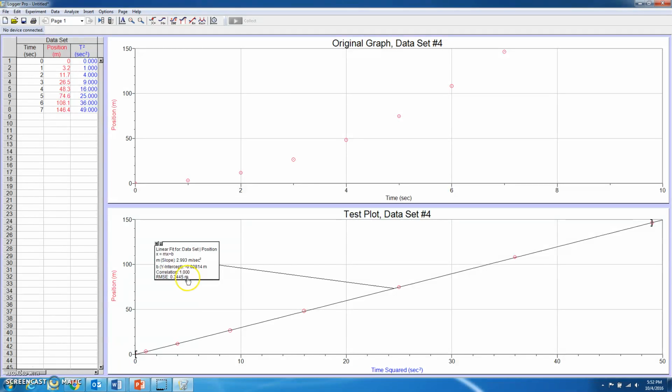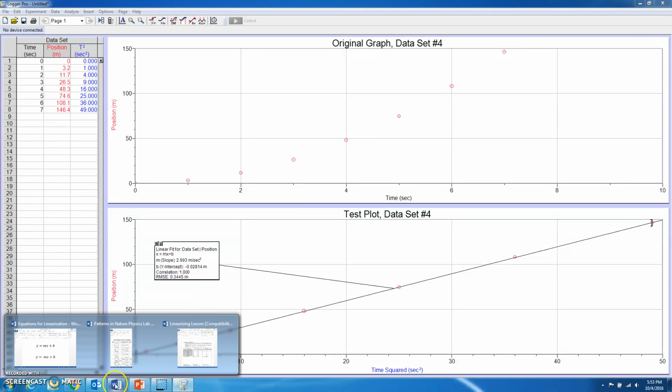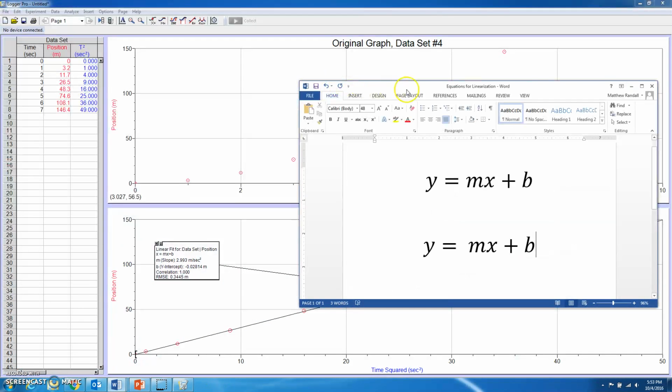Okay, so we're going to use this to write an equation for our graph. And something to be pointed out, this equation that we write is actually going to represent the original graph and the test plot. And really what we want is an equation that represents the original graph. And so what we're going to do right now represents both. Okay, I'm going to go to my Word tools,